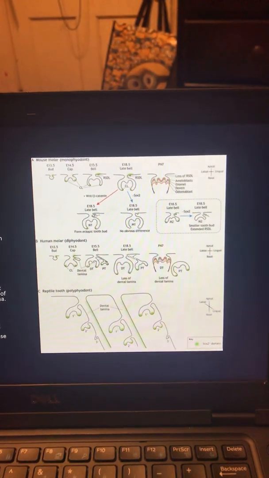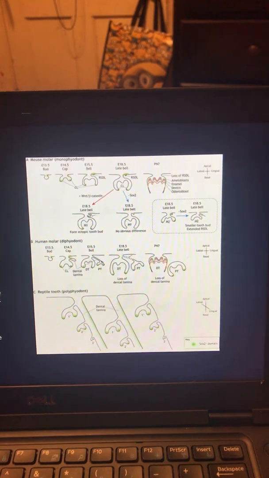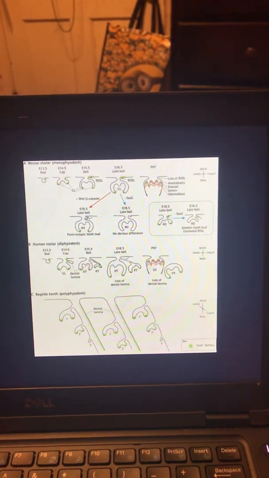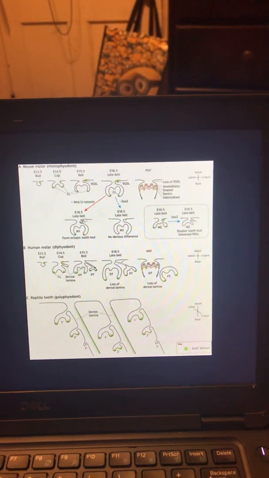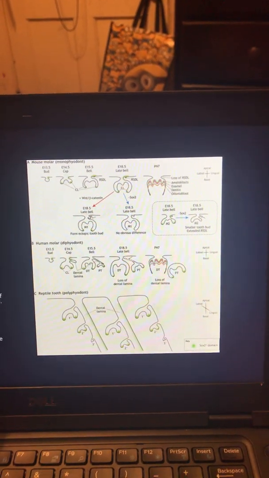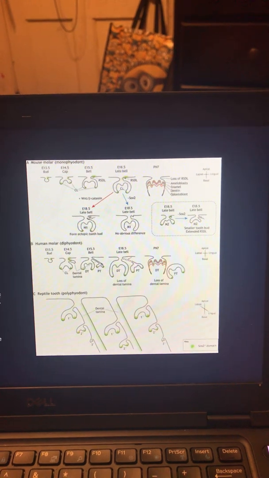By contrast, deletion of SOX2 only affects the formation of the posterior molar, which is M2, without obvious effects on the first molar, M1. In B, the human molar,